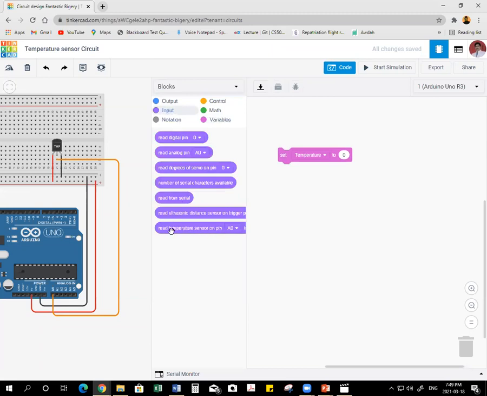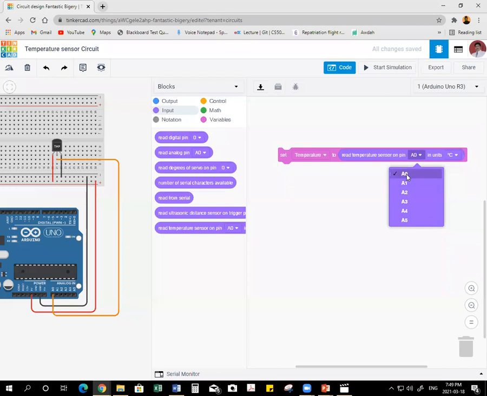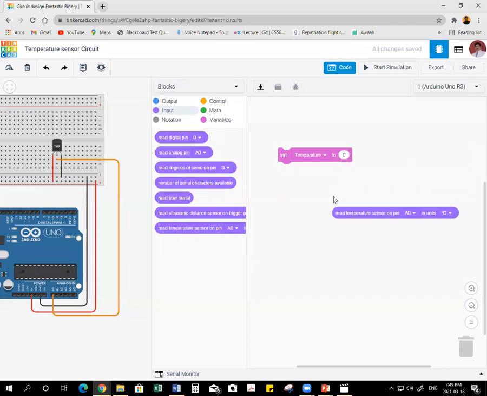Read temperature sensor pin already is there. A0. If you want to change the A0, you can change. You can connect anywhere from A0 to A5 and you can change here. But by default, we are taking A0. Now in units degree centigrade, you have to measure unit in degree centigrade. This is one option we can have. And if you want another option also we can have, that is